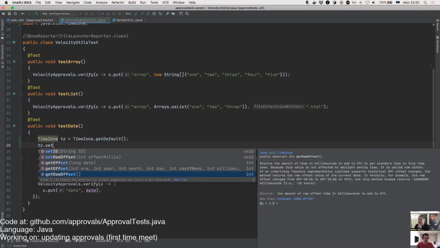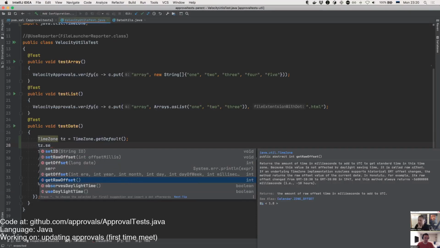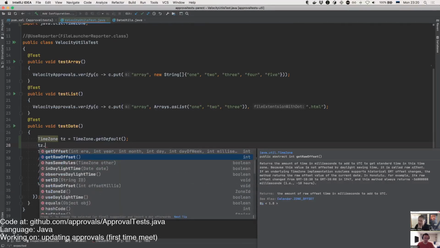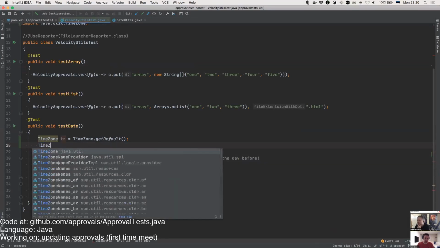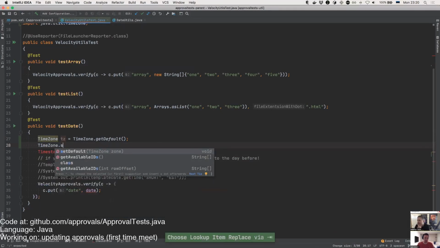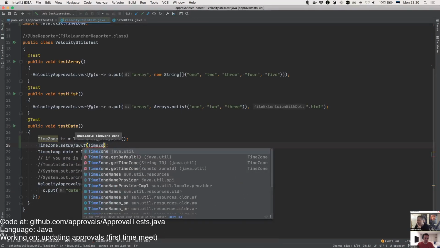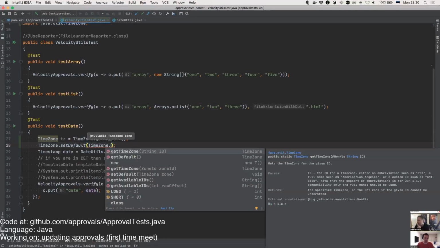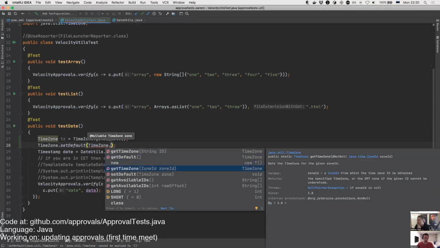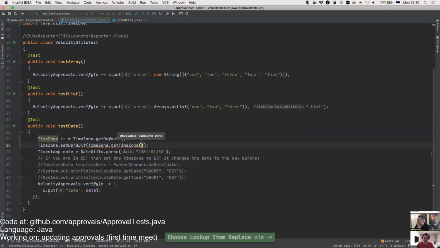Probably this is going to be just regular full time zone. Just do not the TZ, just time zone. Set default. Yep. And time zone dot get time zone. That works. Zone ID dot.